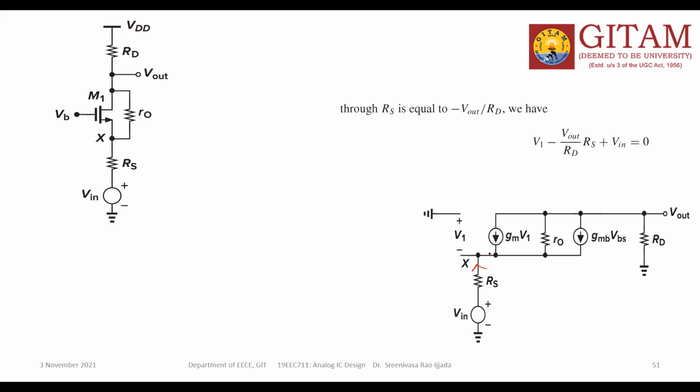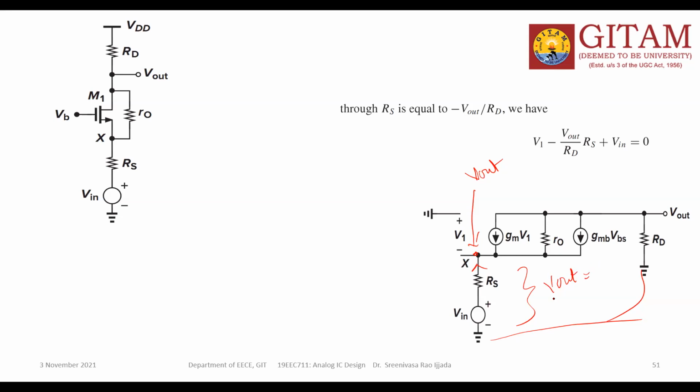So I can write this current. This is the V out voltage here. All branches are parallel, so this node voltage is V out. This is ground, because of this ground. Both are across this one. Output voltage is V out.